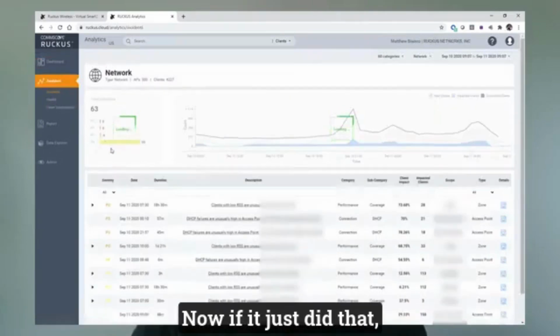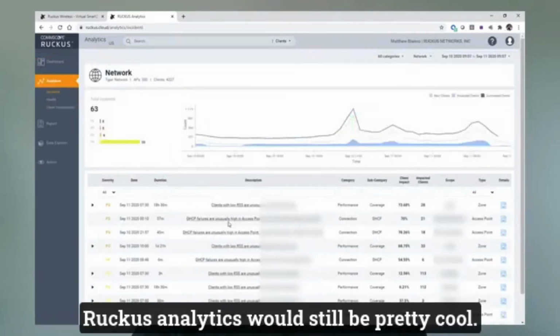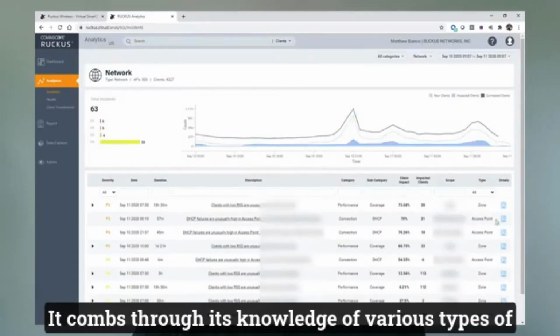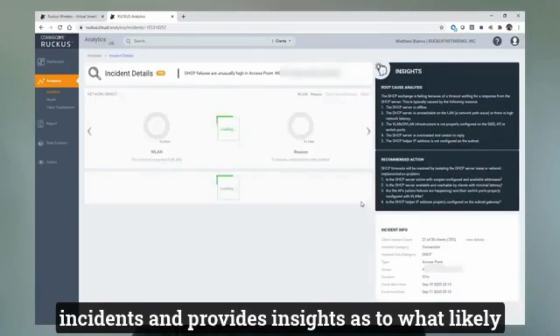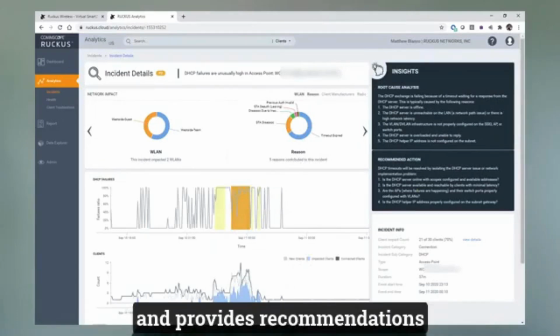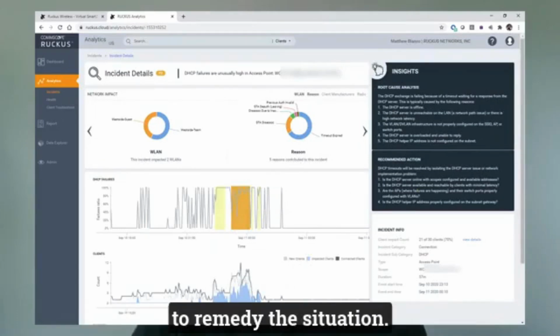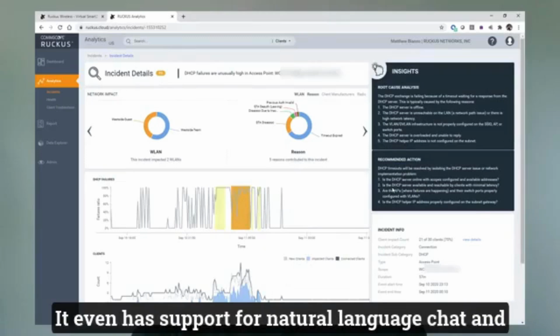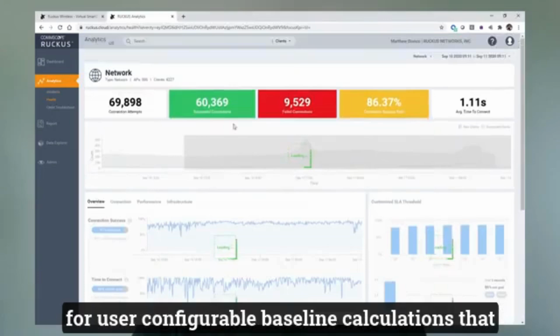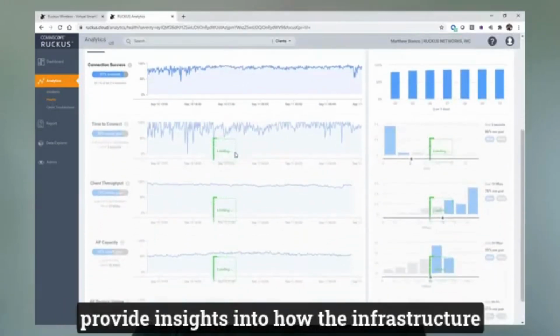Now, if it just did that, Ruckus Analytics would still be pretty cool, but it does a lot more than that. It combs through its knowledge of various types of incidents and provides insights as to what likely occurred or caused these incidents to occur, and provides recommendations to remedy the situation. It even has support for natural language chat and for user configurable baseline calculations that provide insights into how the